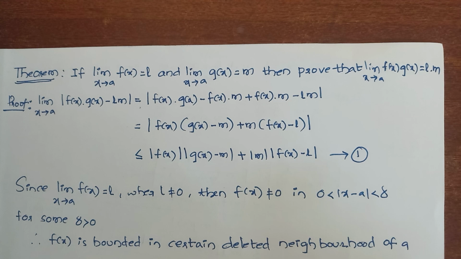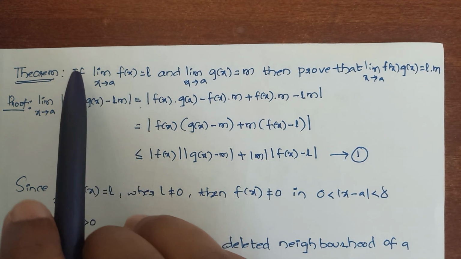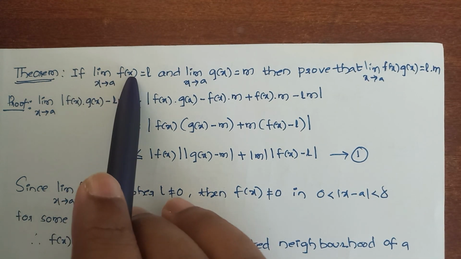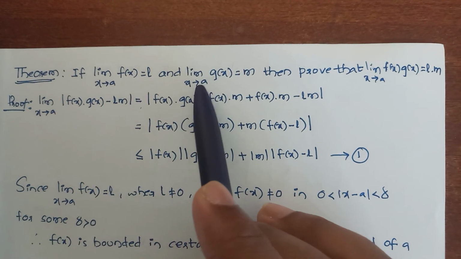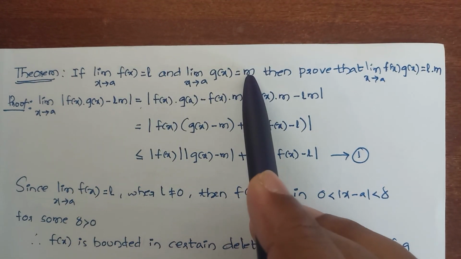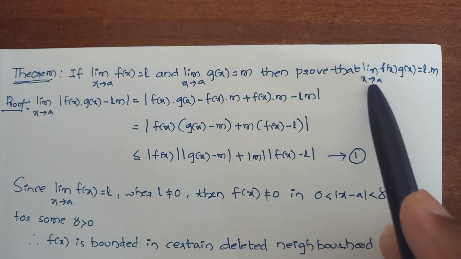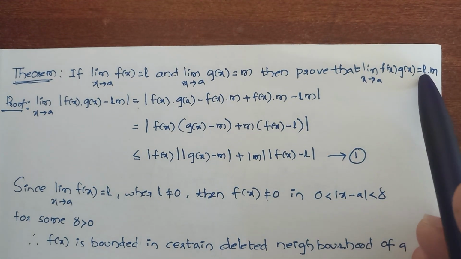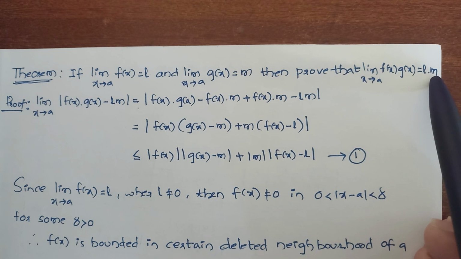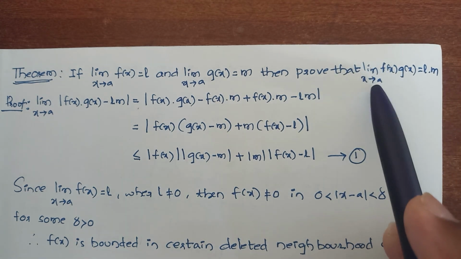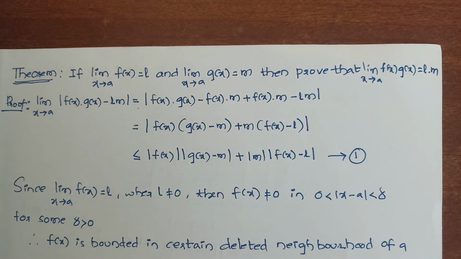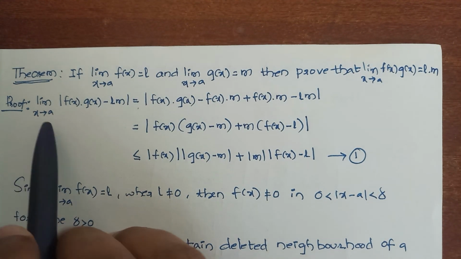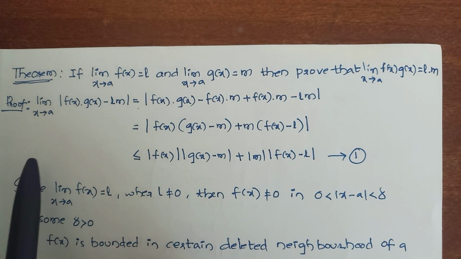So using that definition we prove this result: if limit x tends to a of f(x) is equal to L and limit x tends to a of g(x) is equal to m, then prove that limit x tends to a of f(x) into g(x) is equal to L into m. So we have to prove this result. The proof for this is, I take here